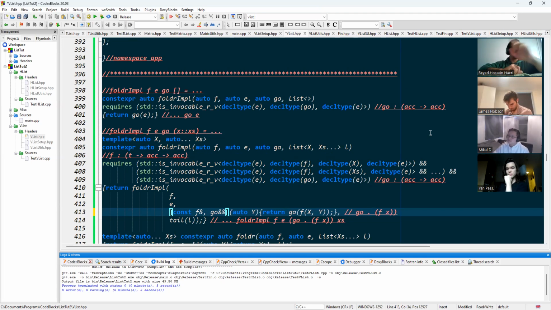Oh, by the way, I watched the recording of the previous session, and I realized that on one occasion I said L value reference when I meant R value reference. So this is an R value reference, not an L value reference. Now anyway,